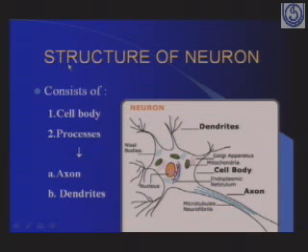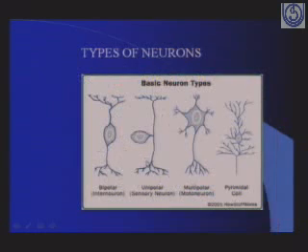So what are the basic structures of a neuron? It contains a cell body and different processes. These processes are either axons or dendrites. If you see, this is a neuron and the central part is known as the cell body, and these are the different processes. This is your axon, and you will find different dendrites, 1, 2, 3, 4, 5. There are different types of neuron: bipolar, that means 2 processes, unipolar, 1 process, multipolar, multiple processes, or pyramidal cells.